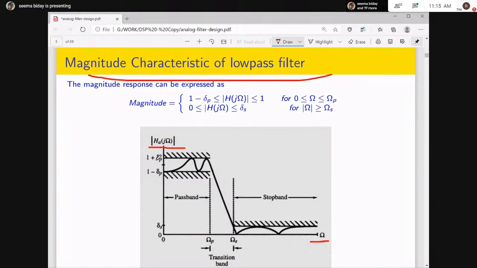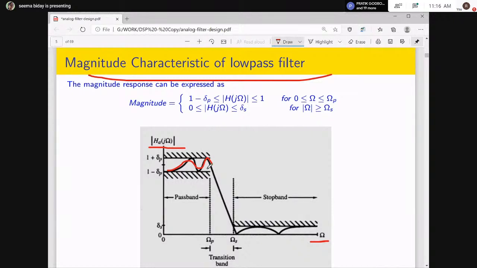Now what do you observe? Here it is not 100% flat. Ideally we need it flat, but it is not there. Then also it is called a maximally flat filter. This is called a ripple, which is tolerable in the pass band. Then, see, ideally the cutoff frequency is there, so there should be a sharp cutoff, right? But practically we know that an infinite slope line is not possible, so we are providing a slope to this line,